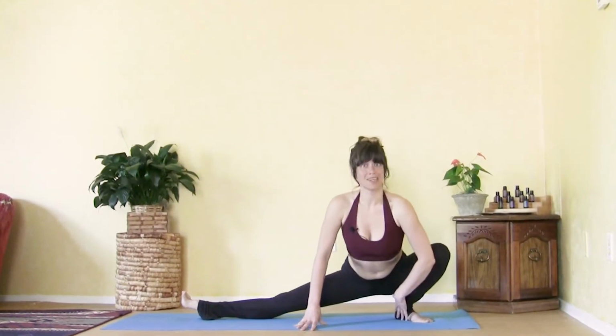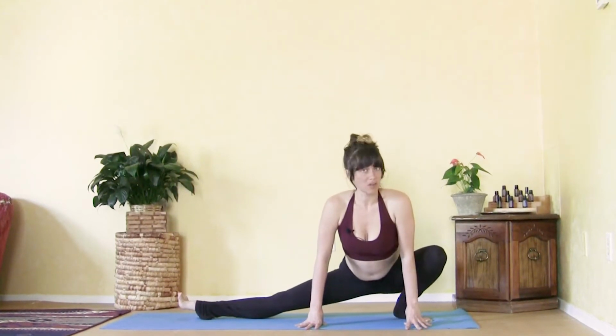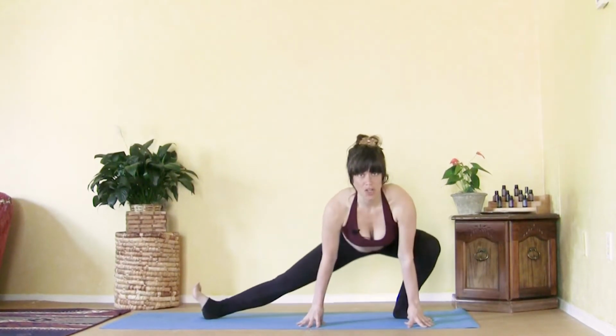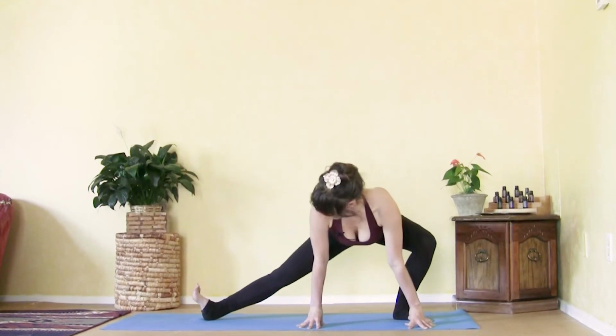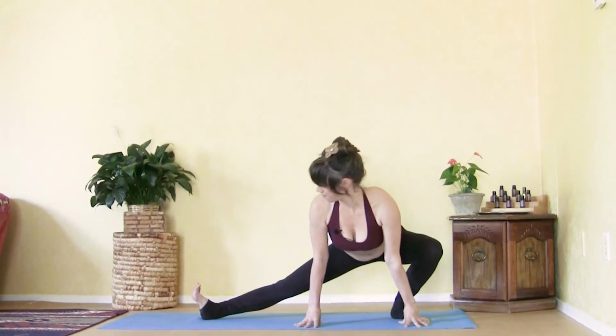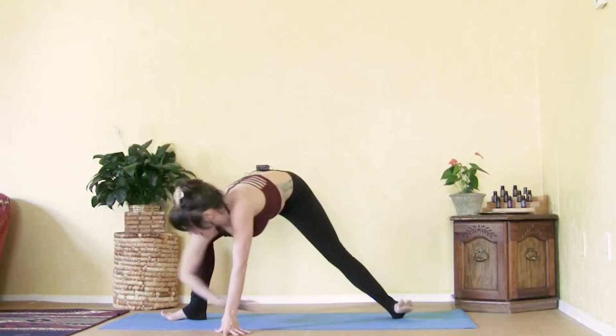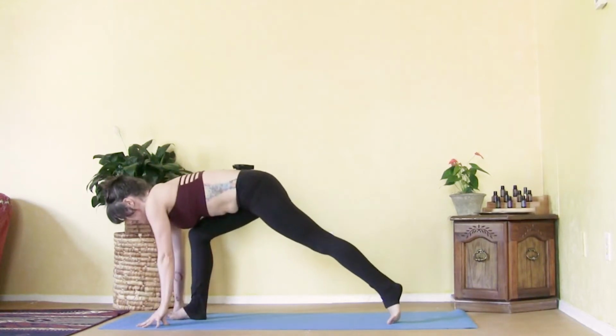Now the challenge is to keep that left heel down. It wants to come up, right? If your heel is coming up, just lift your hips up a little bit higher and give yourself that chance to go deep into that inner left thigh. Then here we go. We're going to walk all the way back around to the front of your mat,